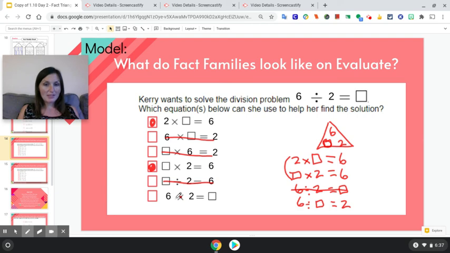So let me try the last one. 6 times 2 equals blank. Well, again, 6 is my big number, so I'm not multiplying times 6 ever. 6 is what it equals when you multiply. So that's not it. I can see that there are 2 answers here. I had to do 2 times blank equals 6, which was here, and blank times 2 equals 6, which was here. So having me write this out was very helpful in helping me figure out